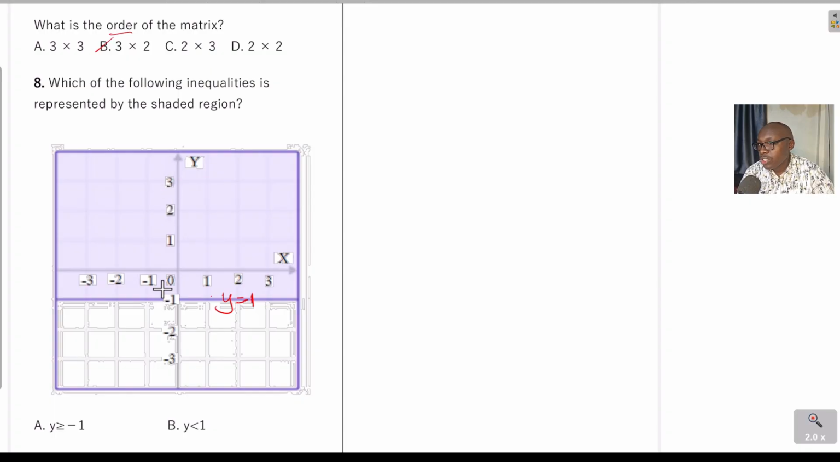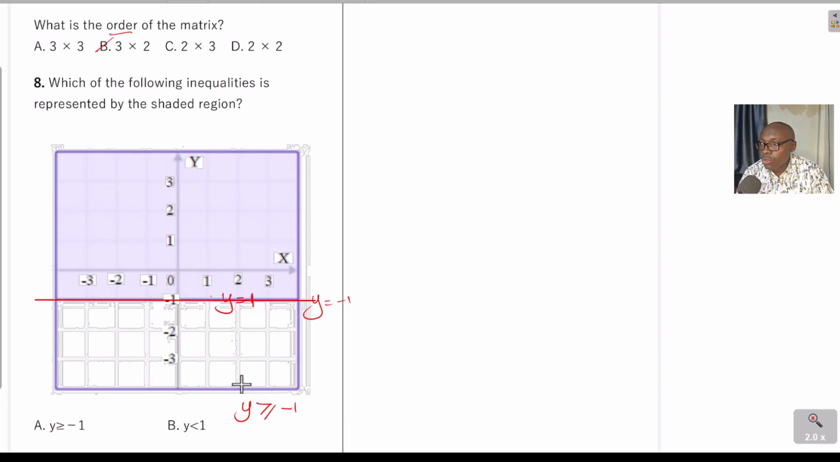The first thing you need to get is the equation of this line. The equation of that line is Y equals -1. After getting the equation, we need to know which inequality to insert there. The side that is shaded is the side that is above that line, and the values of Y above that line are greater than -1. The values that are below are less than. So therefore the inequality should be Y is greater than or equal to